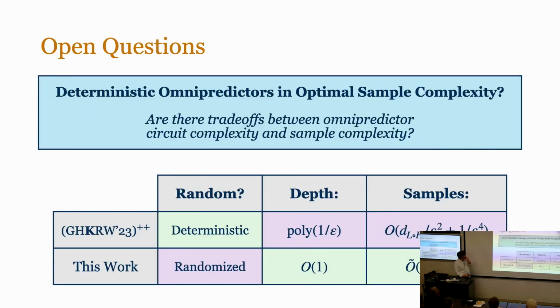Okay, I want to conclude with just sort of an open question or just open musing. Our construction of omnipredictors in this work looks very different than prior constructions. Prior constructions produced deterministic predictors that were based on a boosting kind of algorithm that used more samples and created circuits that look different than ours. I think as we understand this area better and better, we can start to ask really fine-grained and precise complexity questions about this problem. Are there trade-offs between the complexity of representing omnipredictors and whether they're deterministic or randomized? And are there statistical trade-offs there? Is it possible to achieve near optimal sample complexity using it to learn a deterministic predictor? We don't know the answer to these